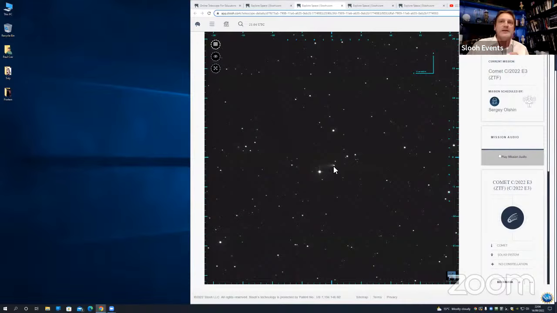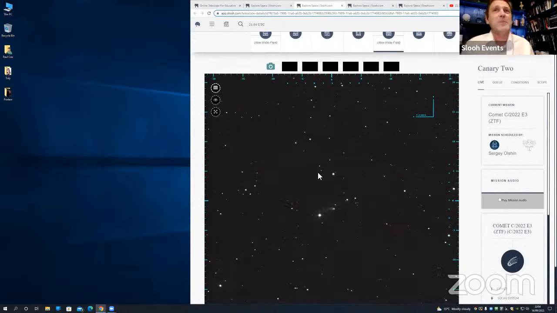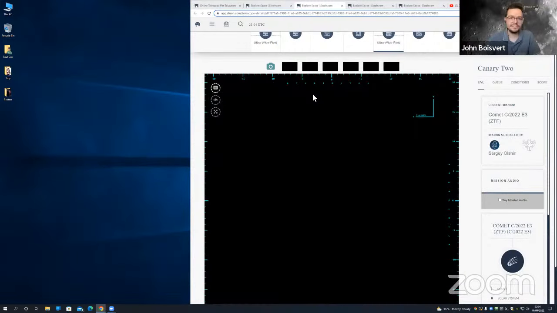But here, this is what John was talking about. This is the comet. So this is the comet's nucleus here, the coma, and then we've got a tail coming over. This, John, might be one of our best comets coming up this year, really. We've already had one, but this is potentially a good one coming up. It is. It's looking really great.